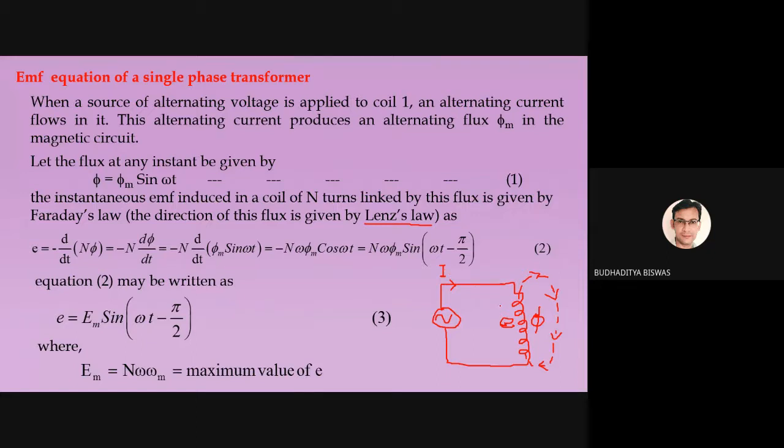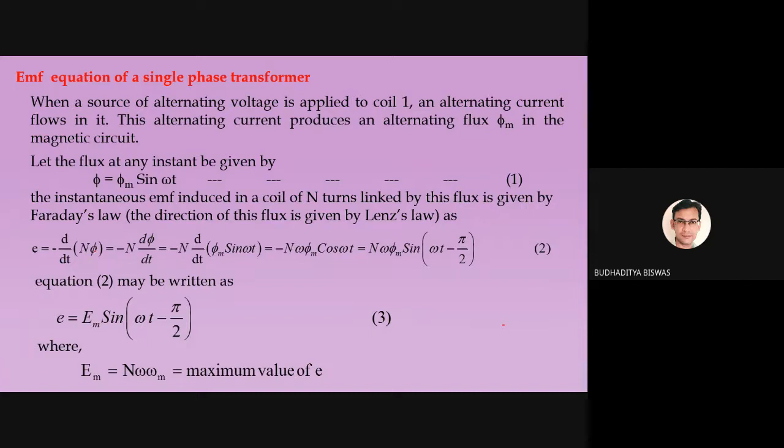That means if at a particular time this side is positive, then this side is also positive at the same time. So this is actually opposed by sending another current, and the current is reduced in the case of an inductor. This was developed by the scientist Lenz. That's why a minus sign is there. The minus sign means this induced voltage tries to oppose the supply voltage V all the time. This is the nature: whoever produces you, you actually go against him or her. So that's why the minus sign is there.